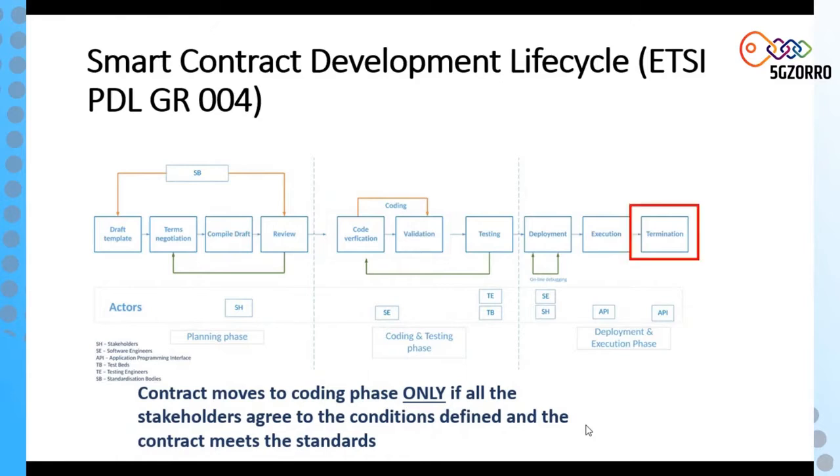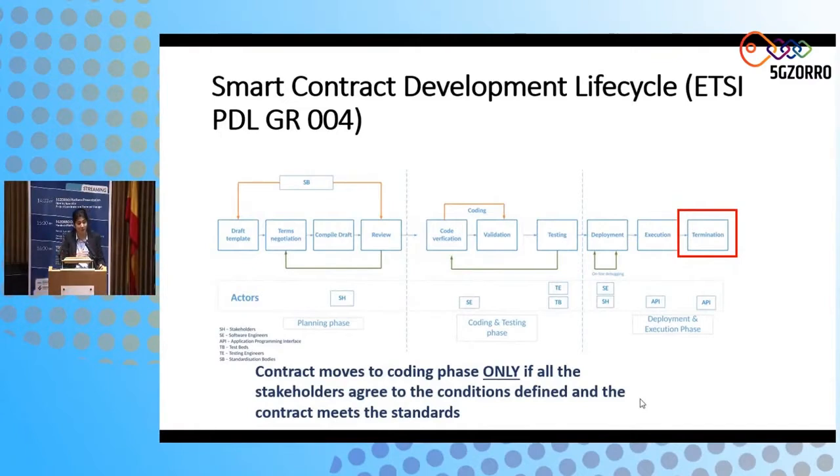And then termination. The people with a technological background will argue with me on this termination, because a smart contract technically cannot be terminated. It's there. It will be running forever as long as the ledger lives. So in the termination phase, again I will ask interested readers to look for our report PDL 004. The termination is a clause actually inside the smart contract